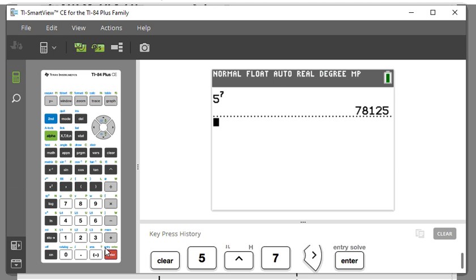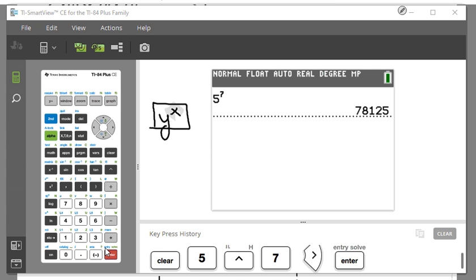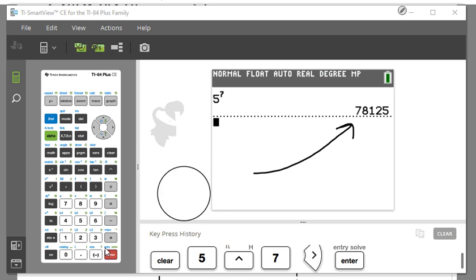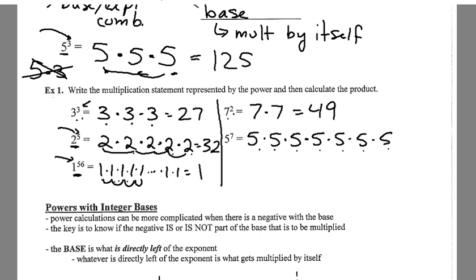And then I hit enter, 78,125. Now, some of you that don't have a graphing calculator yet, your calculator might have a button on it like that. And that's the same thing as that button. You would hit 5, this button, and then 7, and it should pop up as 78,125. So you don't have to, on your calculator, go 5 times 5 times 5 times 5 times 5 times 5. You can use the power buttons on them. So keep that in mind. It will be useful at times. So again, this one was